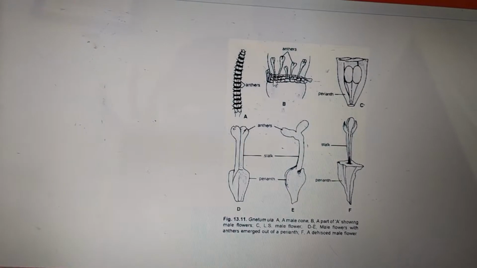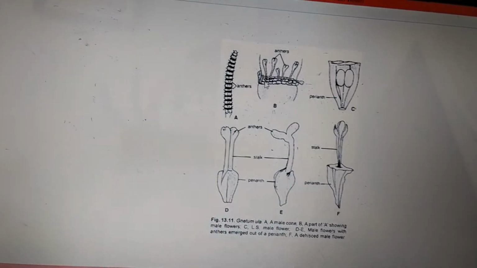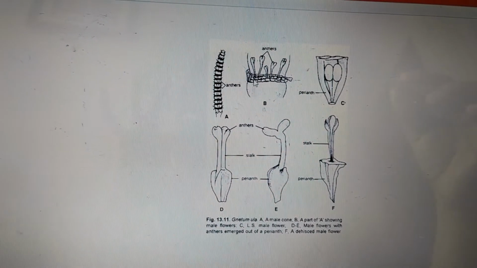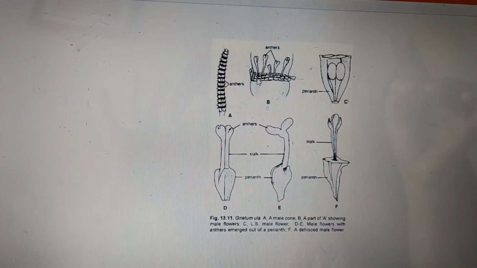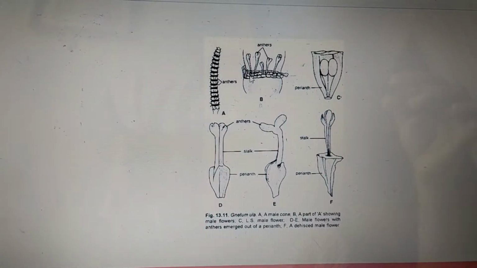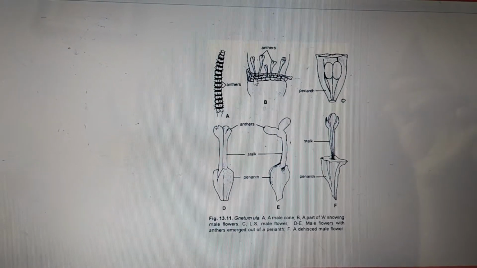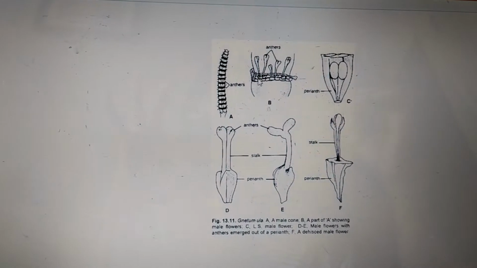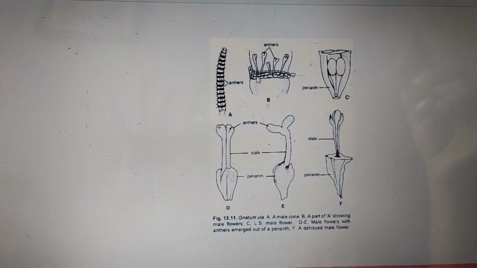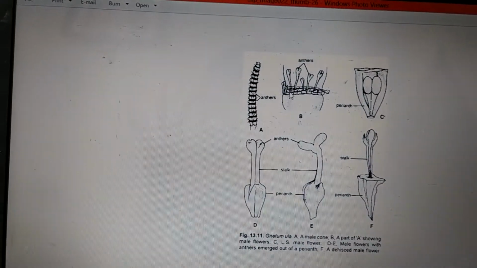Now we will see one by one the different stages of the development of the male flower, and also how these abortive ovules or imperfect female flowers are formed. We all know that a small scale leaf-like structure is called a bract. These bracts are going to fuse at their base, and when they fuse, they are going to form the collars. On the collars, what we are going to see are these male flowers, right?